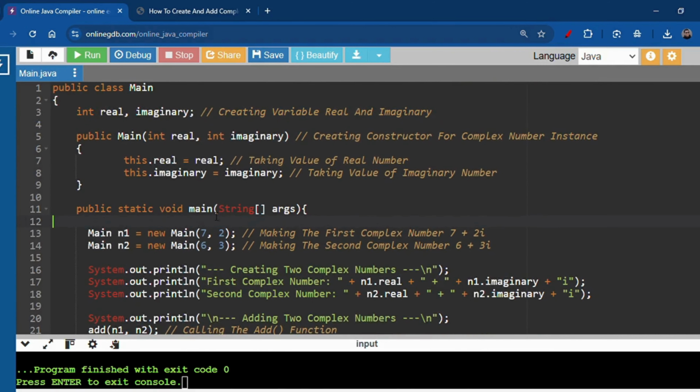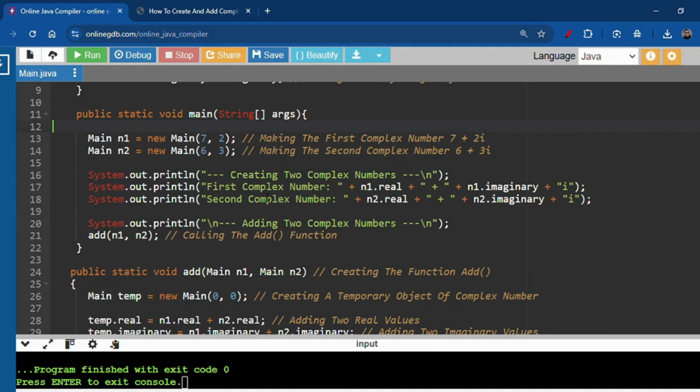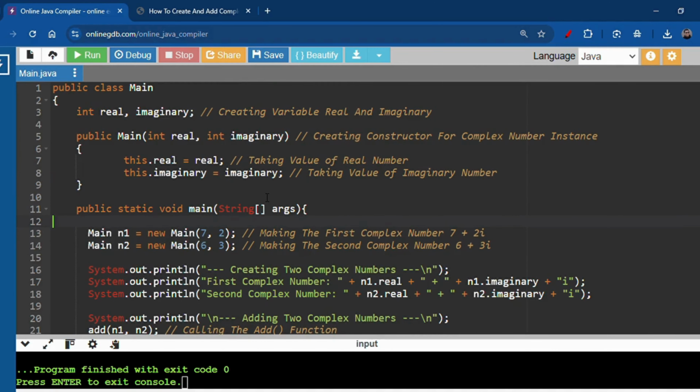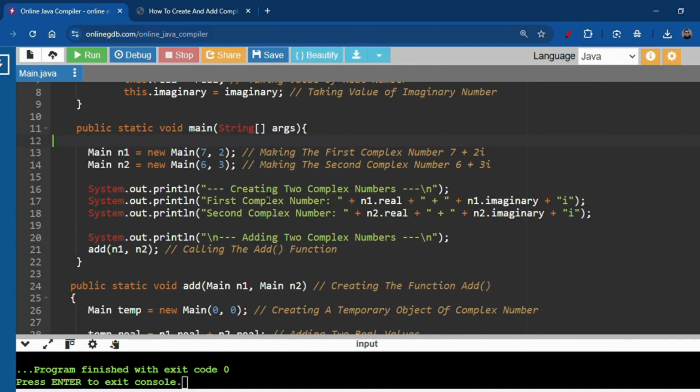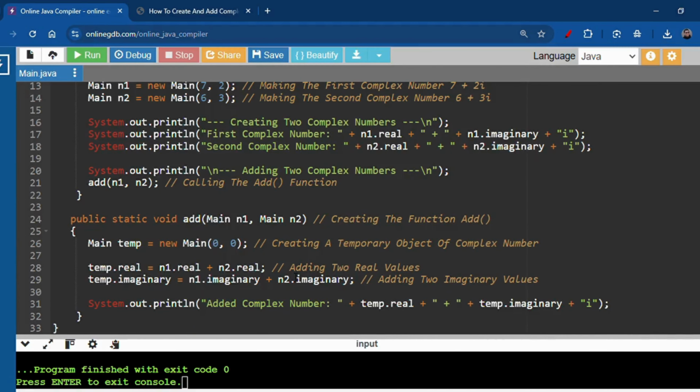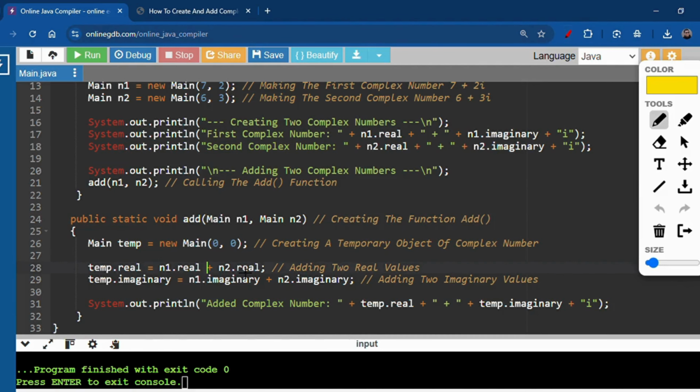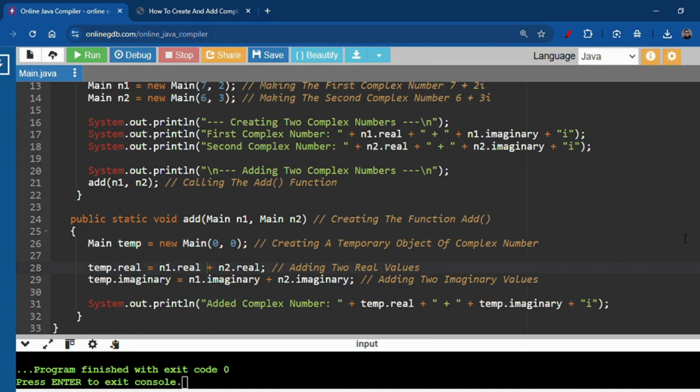Now we have given you this, you can treat it as the draft. With this draft you can do your own experiments as well. We have shown you the process to add complex numbers. You can also do subtraction of complex numbers. In that case your formula will be different. Instead of the plus, there will be the minus. So you can treat this as a homework or assignment and try to implement your own subtraction program